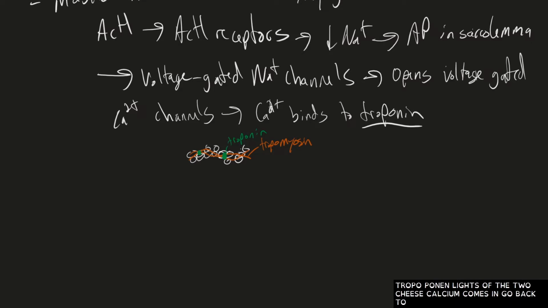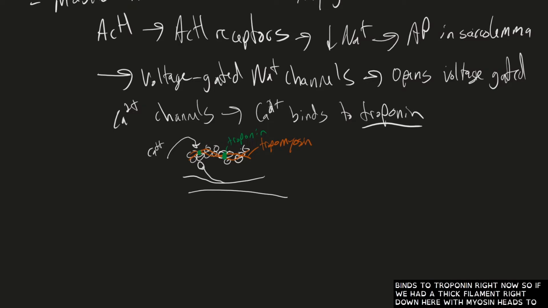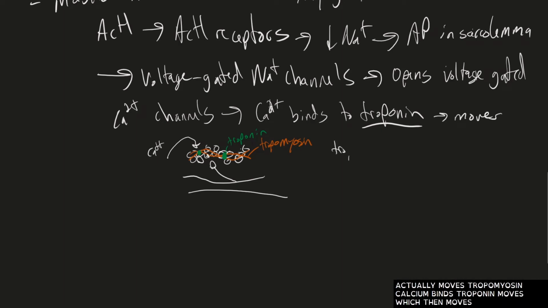Go back to white here. Calcium comes in, binds to troponin. Right now, if we had a thick filament right down here with a myosin head sticking out, those cannot bind to actin, because the tropomyosin is blocking these binding sites. So this wants to bind to that. However, it can't. But when calcium comes in, binds to troponin, it actually moves tropomyosin. Calcium binds troponin, which then moves tropomyosin out of the way, and that opens up these little binding sites here. Myosin can then bind,